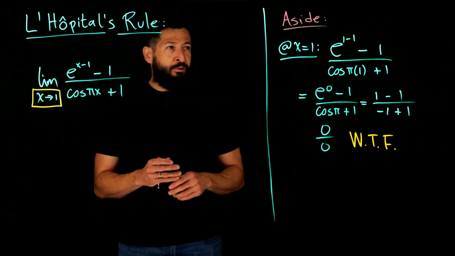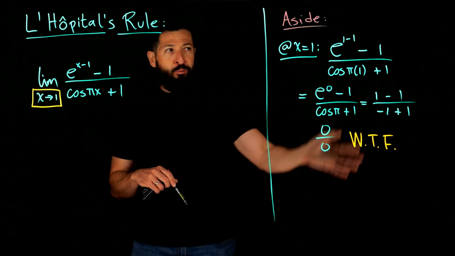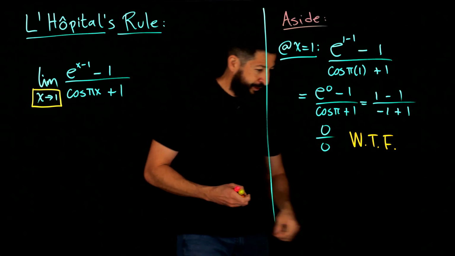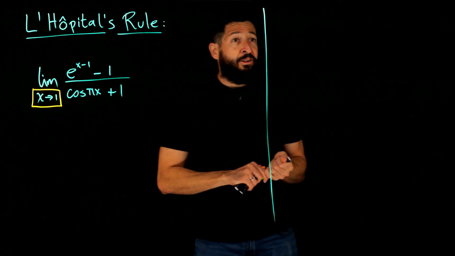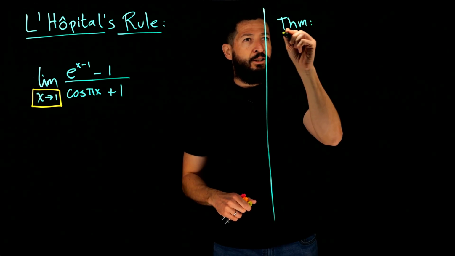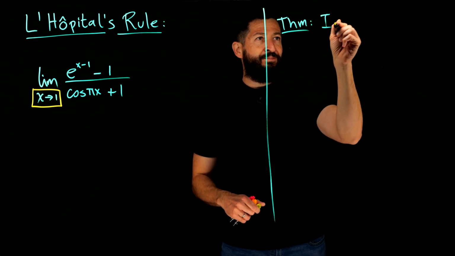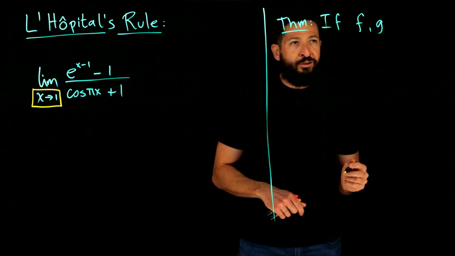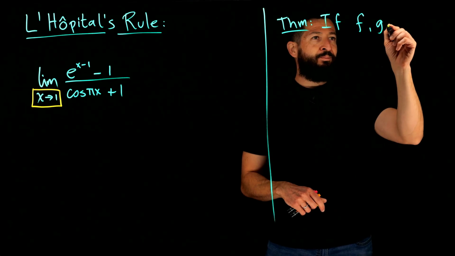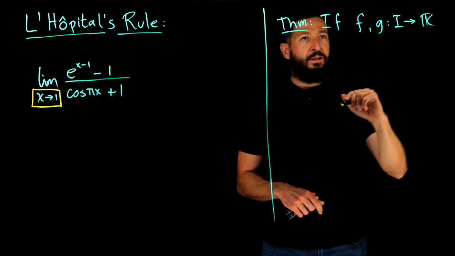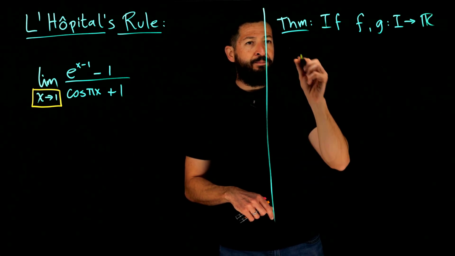So what does L'Hopital's rule tell you? I'm going to erase my work and write the theorem here so we can apply it over here. All right, so let's write down the theorem. If f and g are real valued functions on an interval that contains a point C,